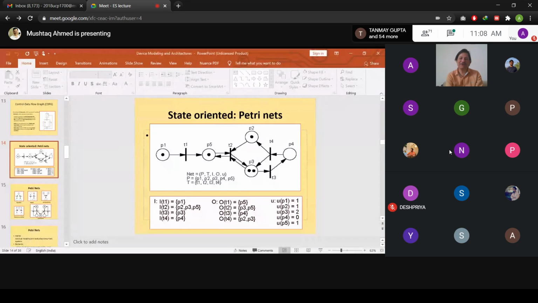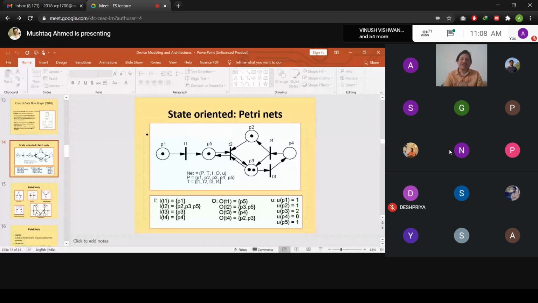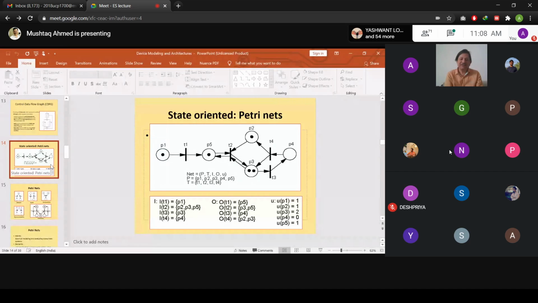Okay, so we were discussing the different types of device modeling techniques which are used in embedded system design. One of them is the Petri Net. The Petri Net basically consists of 5 tuples or 5 components. One is the points or positions for the state, from which it has to transit from one state to another, and the triggering point or transition point which is required, input and output, and the number of tokens which are available or used for this.